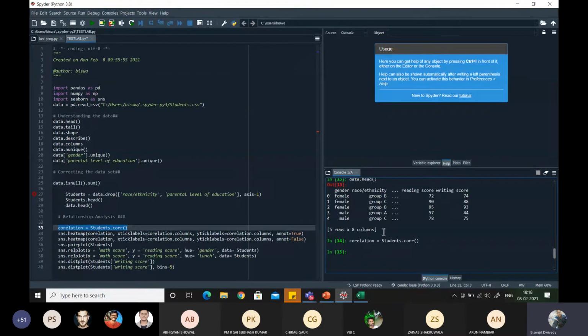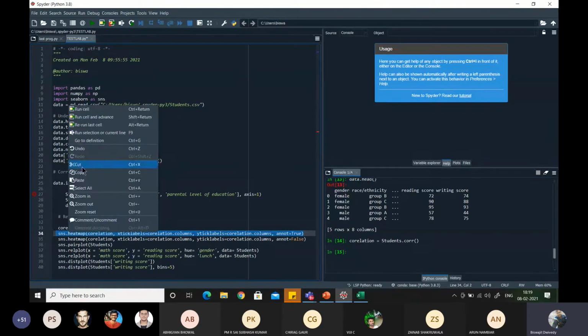Once we have found this correlation, we will plot it, because in statistical analysis most things are analyzed by visualizing them. So here we will plot this correlation coefficient in a specific type of diagram called a heat map. That is the code, and I will explain the meaning of this line.